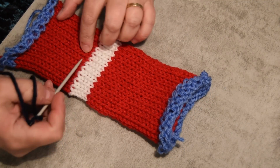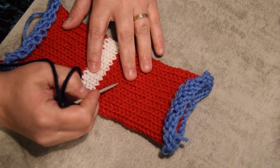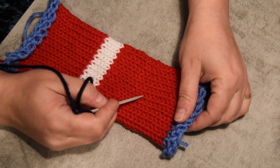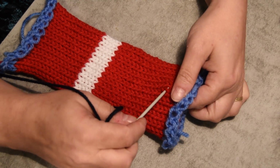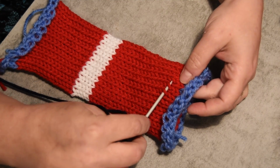Today I have a video on how to install a lifeline. I was supposed to get 15 rows, but the machine didn't do 15, it did 17. So now I have to remove 2 rows, so I count 15 rows, and then I will grab half of